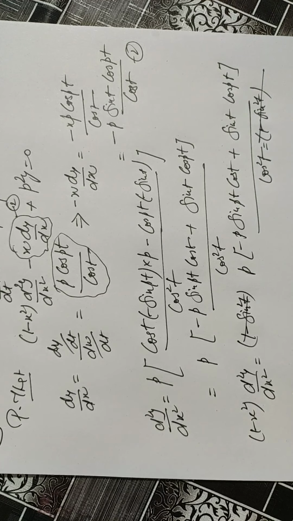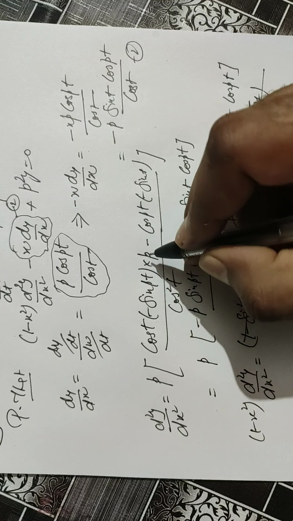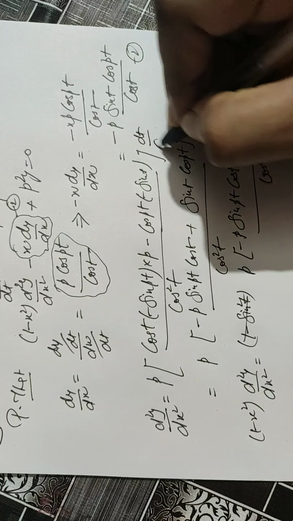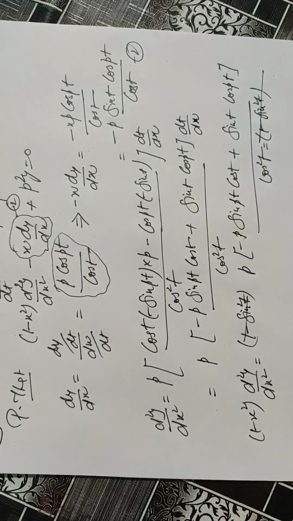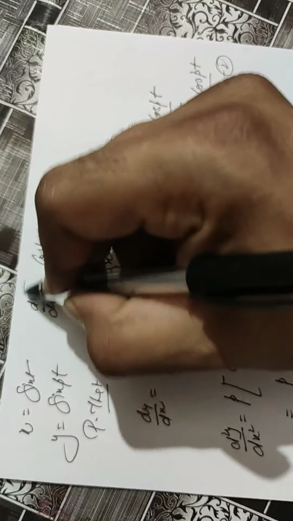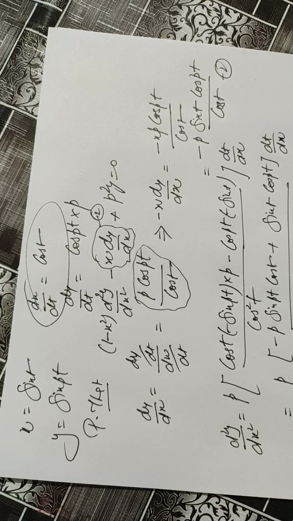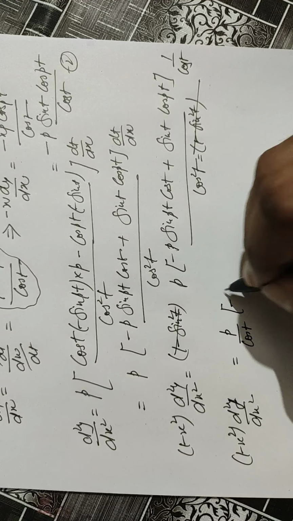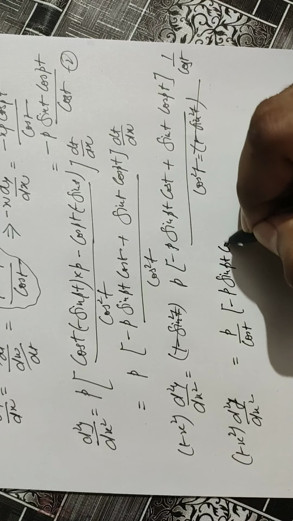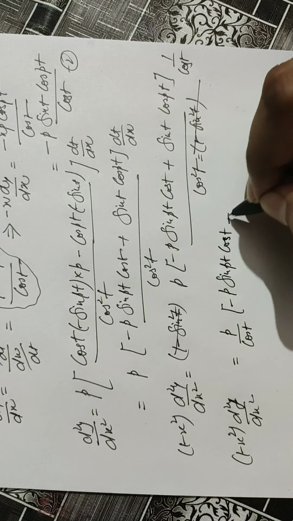Remember one thing we also skipped here. Differentiation of the angle is p, but t becomes here dt by dx, which comes common in both of the cases. dt by dx is the reciprocal of dx by dt, meaning 1 by cos t also comes here. Keep in mind this step. So it becomes overall p by cos t with minus p sine pt cos t plus sine t cos pt. This is our first step of the requirement of the proof, this one.